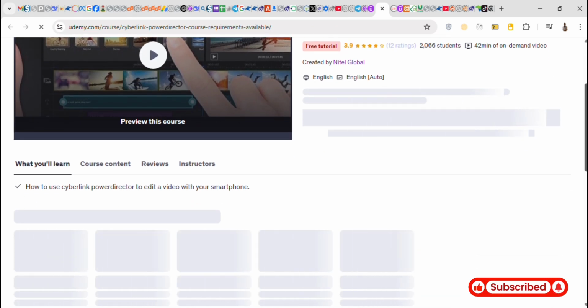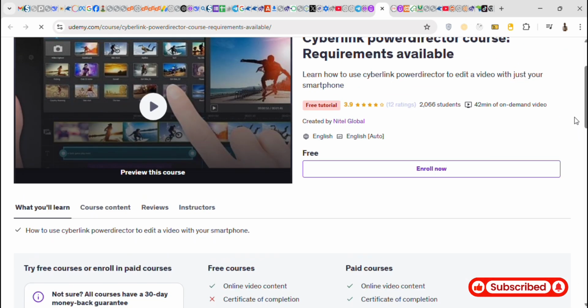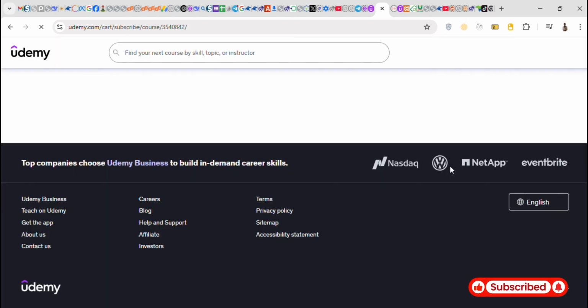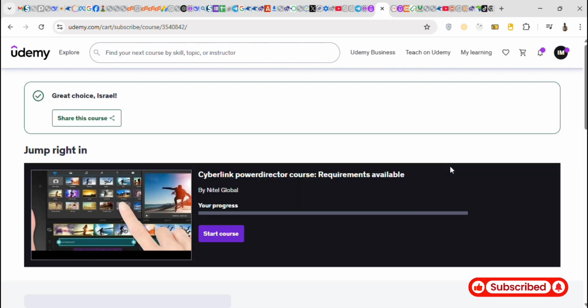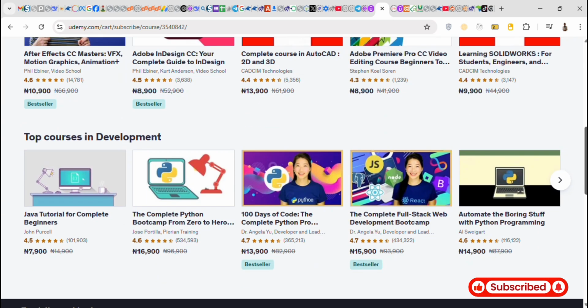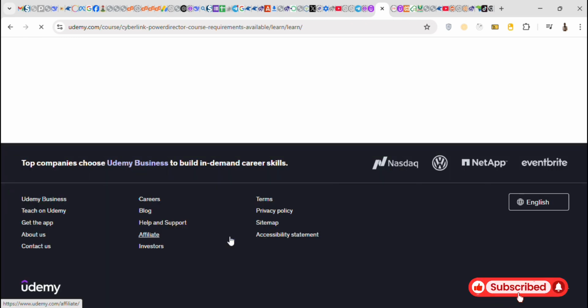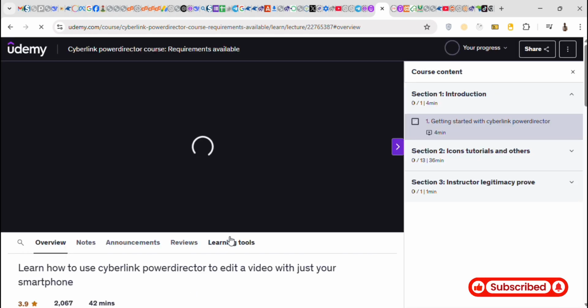This is a preview course, and then you click on enroll now. You wait for it to load, depending on your network. So that is it. This is just a simple logic, and I believe you can also do it with your smartphone. Just get that interface or look for that place, price, click the drop down menu, and then you click on start course. So you can see there's nothing edited here. That is just a simple logic you can use for any single course or any niche you are looking for free courses on Udemy.